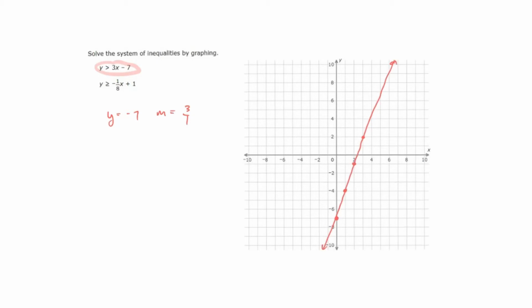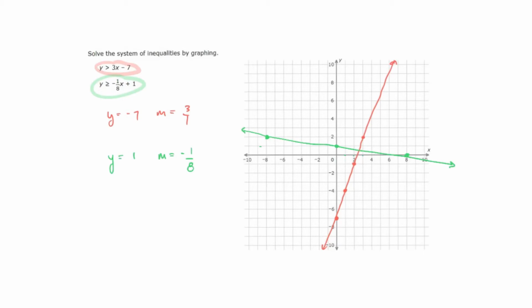And then in green, we'll look at this. We have a y-intercept of 1 and a slope of -1/8. So I'll go where y is equal to 1. And then I'll go down 1, 1, 2, 3, over 8. I can also graph this by going back 8, up 1. Just kind of like an inverse of that. And then we wanted greater than